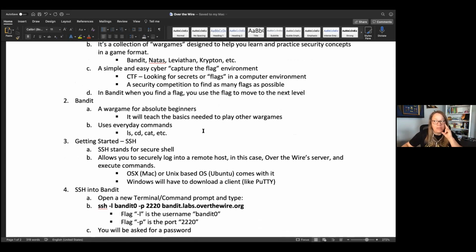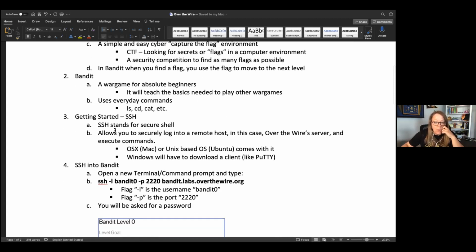Bandit uses basic commands, the entry level stuff that we practiced last week, like your ls, your cd to change directory, and you'll learn to cat it out. Really simple commands. We're going to start with SSH, which is a secure shell, and we're going to log into the Over the Wire server through your terminal or command line. Macs and Unix-based OSs like Ubuntu come with it standard. If you have a Windows machine, you would have to download a client to SSH